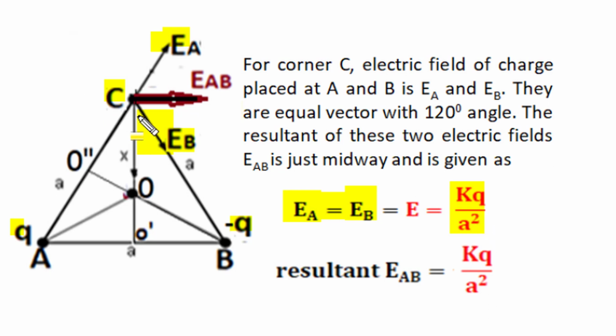Now this inner angle of equilateral triangle is 60, so this outer angle is 120. Two equal magnitude vectors at an angle 120 will produce a resultant electric field just midway, parallel to this AB line. The resultant electric field is EAB, and for 120 angle the resultant has the same magnitude as the equal individual vector components. So the resultant electric field is KQ upon A square, and it is directed in EAB direction parallel to AB line